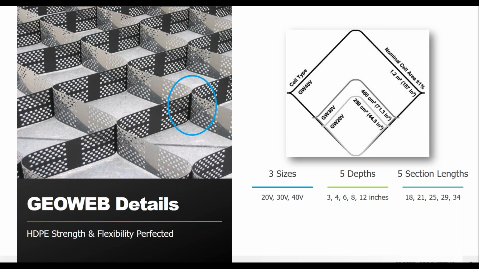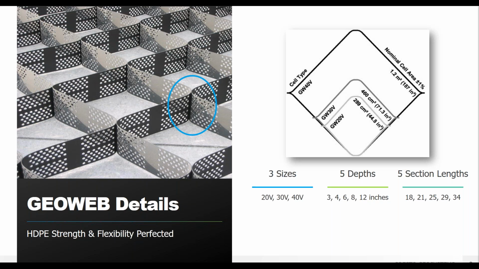The GeoWeb is produced using high-quality virgin high-density polyethylene, HDPE. And so that's a plastic that has consistently strong welds at all of these cell junctions, but it also maintains semi-rigid ductile properties within the cell walls. Also has high stress crack resistance and overall toughness and long-term durability in the environment. So our GeoCells don't use any fillers or any exotic polymer alloy blends, anything like that. It's just pure HDPE.